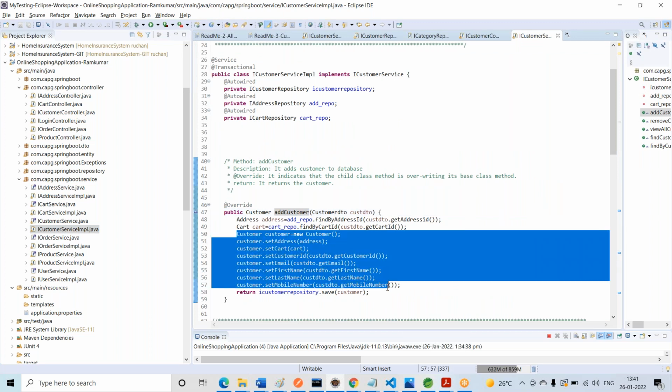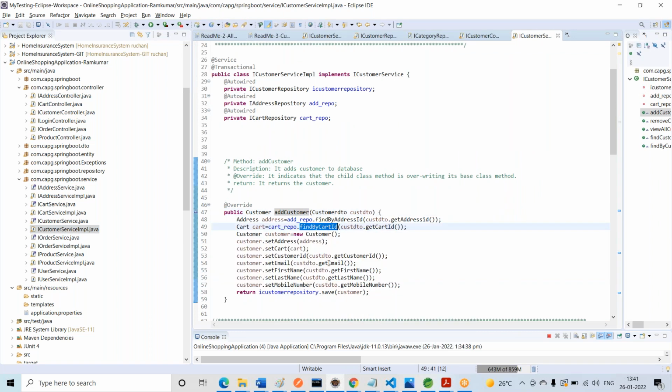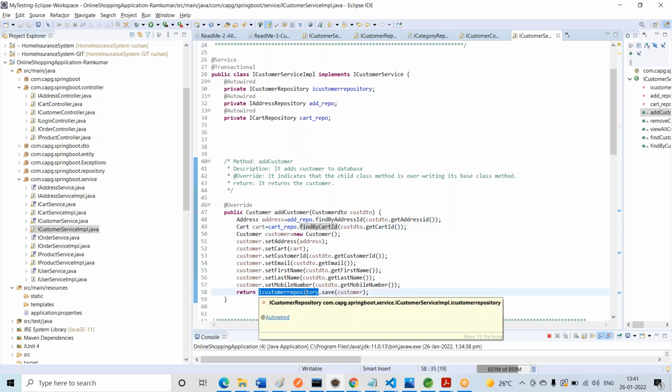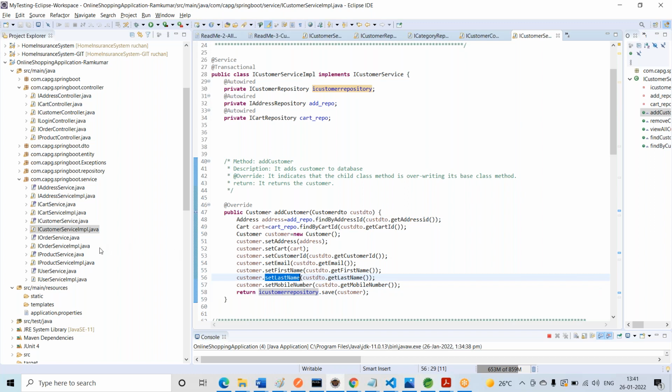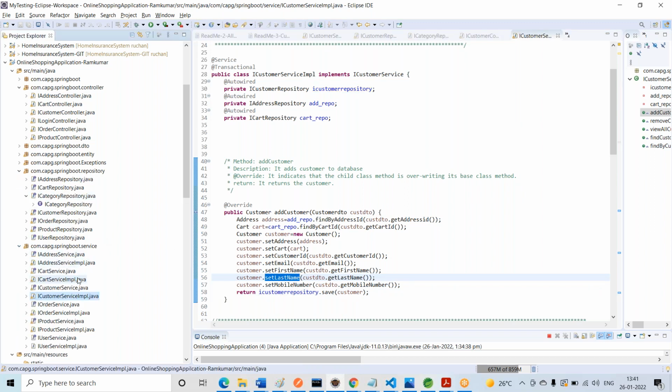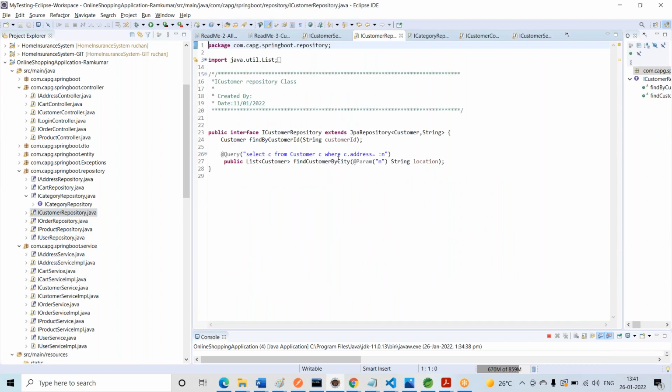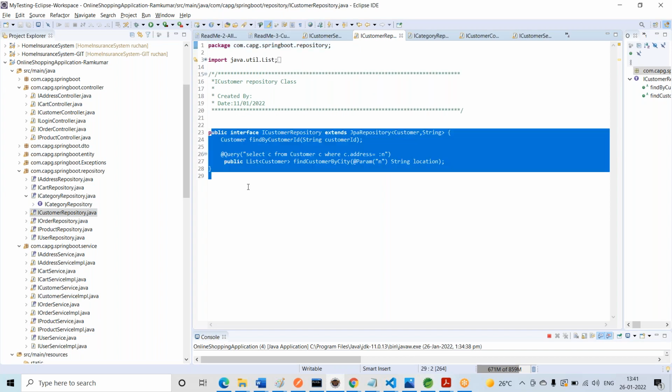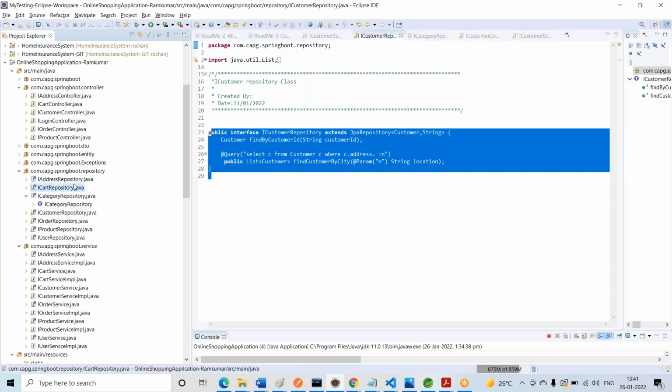After that, execution moves to the repository, which saves via the customer repository. In the customer repository, the records are inserted into the database. This is the process we follow with the customer repository. So we will continue in the next video.